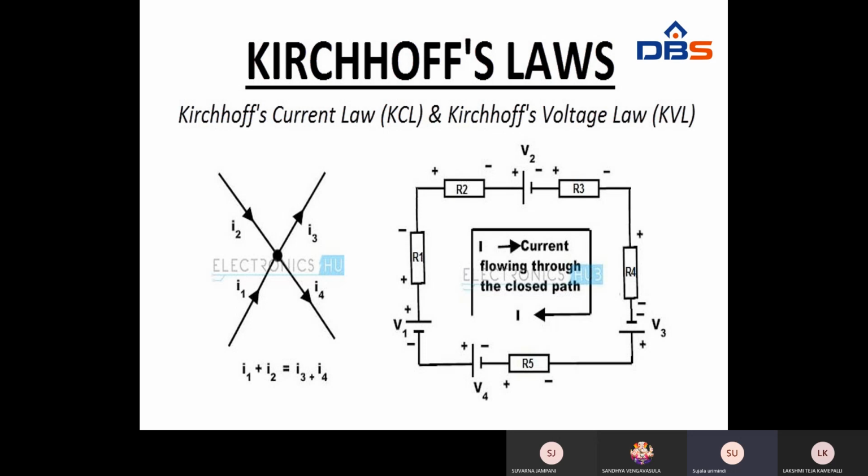Next, minus to plus. Minus to plus will be a rise of potential, so we put V3 because this is the voltage source only. Next, here also there is plus to minus R5, so it will be a rise of potential. Put it as a positive sign. Then it is minus to plus, that is the voltage V4. So the algebraic sum of the voltages must be equal to 0.